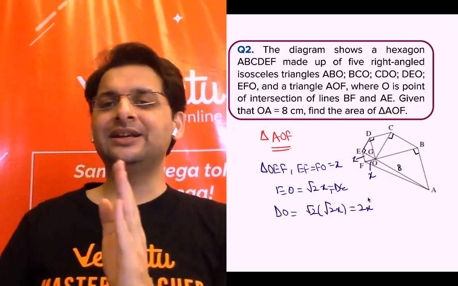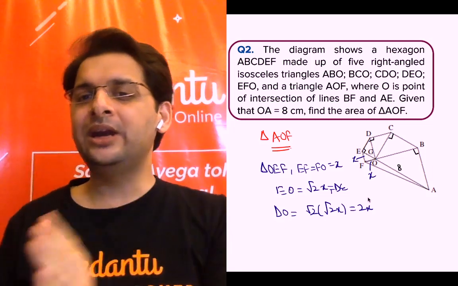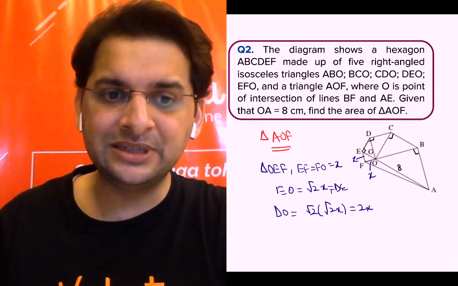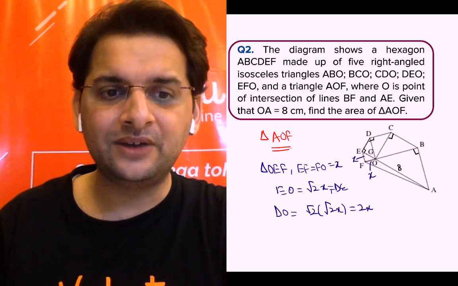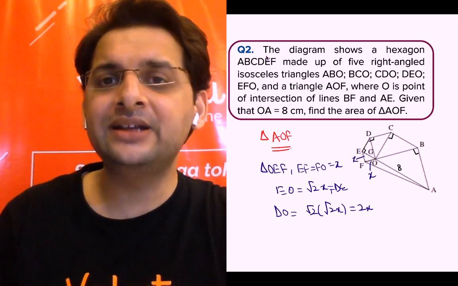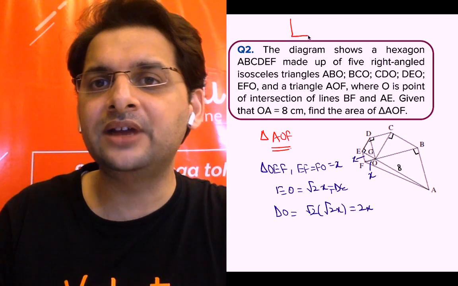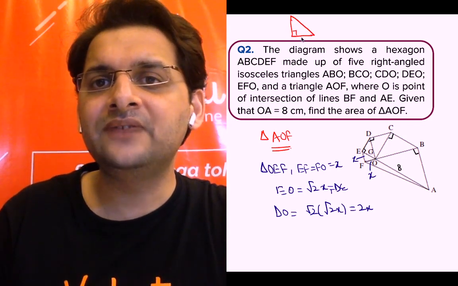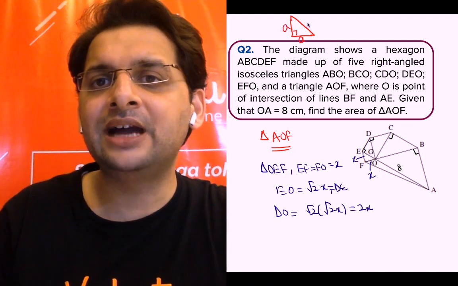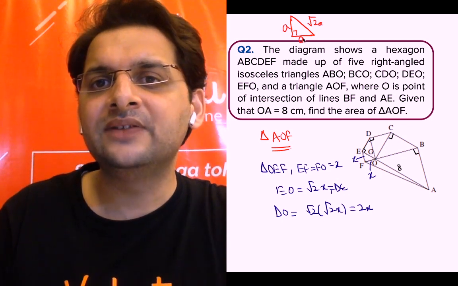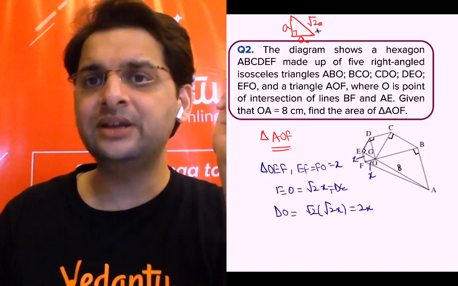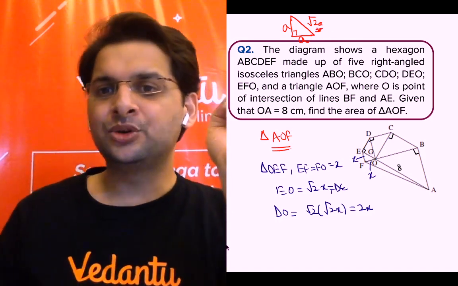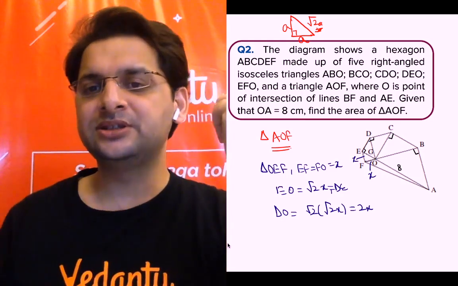So in a similar way we keep going ahead and can find the value of OA in terms of x. We know that the underlying principle, the underlying idea of this question, is that if it is an isosceles right angle triangle, and if the sides are A, the hypotenuse is root 2A, and this can be easily proved using Pythagoras theorem. So any side if it is A, the hypotenuse is root 2A.